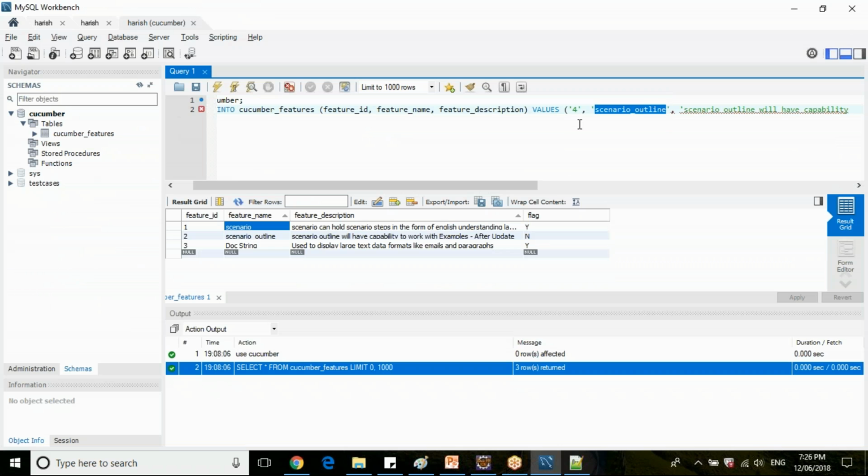Can someone name any other features in Cucumber or Cucumber runner class other than scenario outline and docstring?